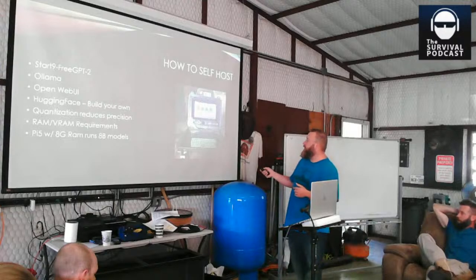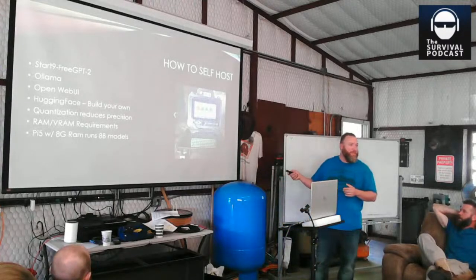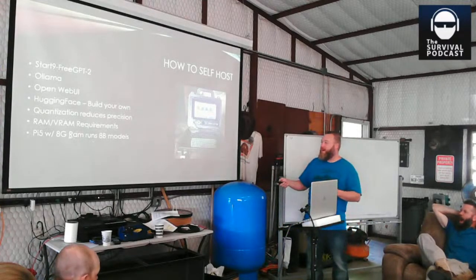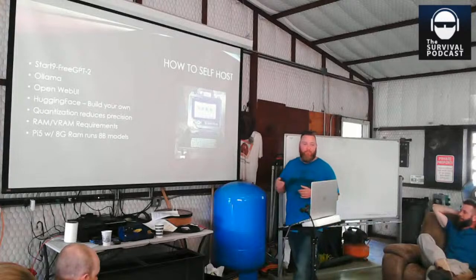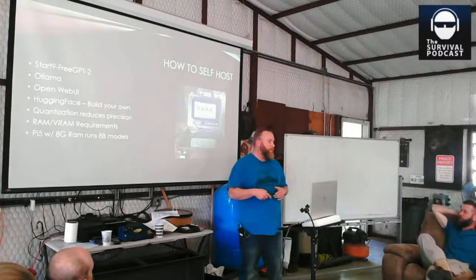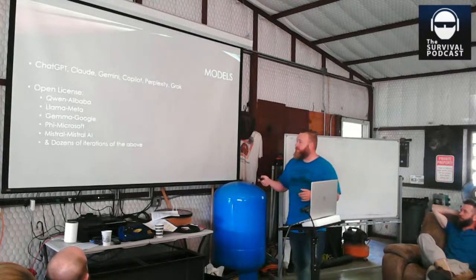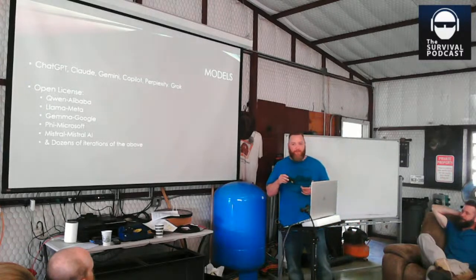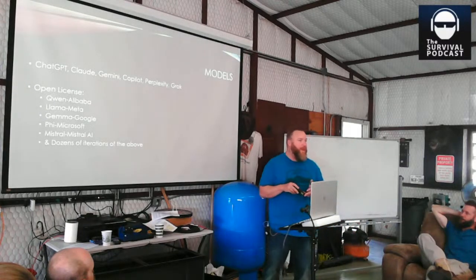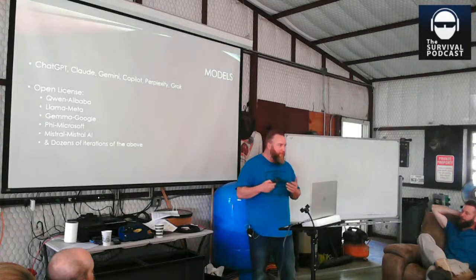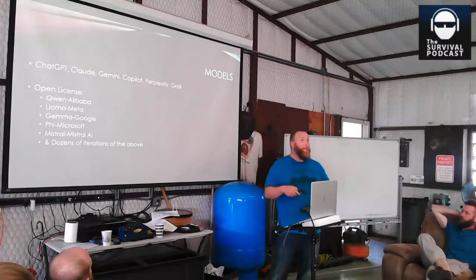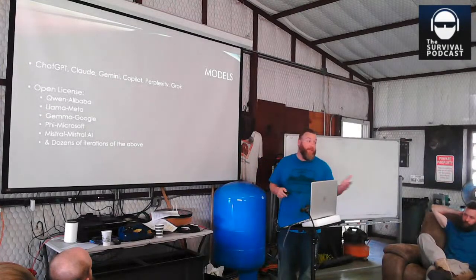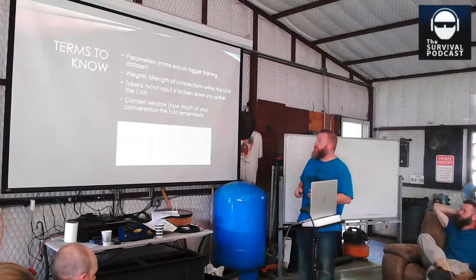And then this here is the Prepper PC. You can check it out at prepperpc.com. It's a Pi 5 with 8 gigs of RAM, and it runs 8 billion parameter models and smaller. My favorites on that are Gemma and Qwen. They are the smartest and the fastest for the size. Even the small versions work very fast and are pretty darn accurate. And again, you can have conversations in different languages, so that's cool too.